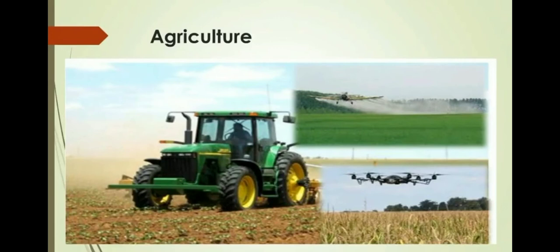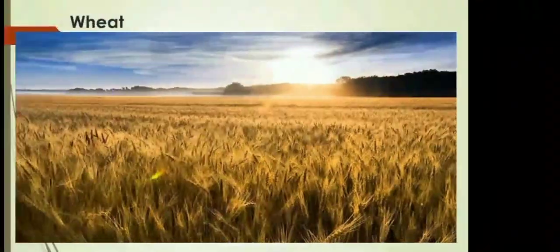Next we will see about agriculture. Though the least proportion of the total workforce is engaged in agriculture, America's agriculture is the most productive in the world. An extensive agricultural system is practiced in Canada and the USA. Wheat, corn, oats, soybean, barley and many other food crops are grown throughout the vast interior plains.